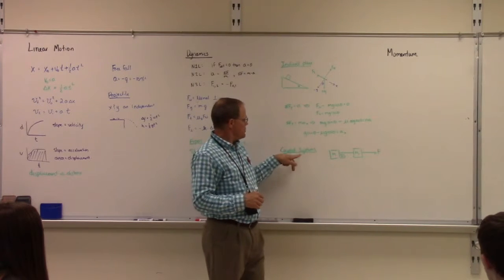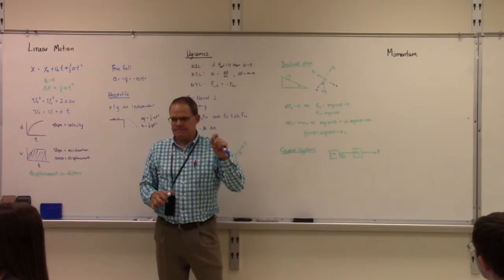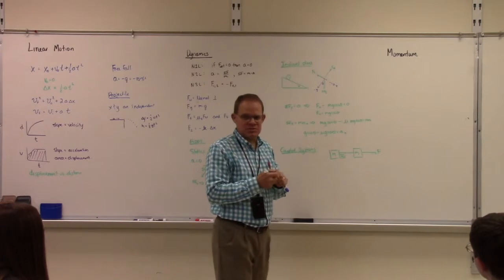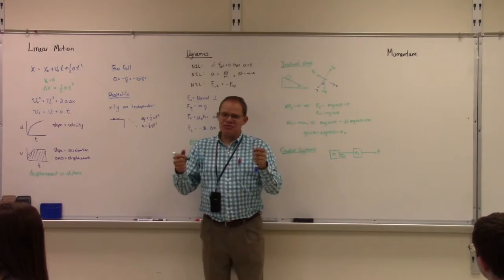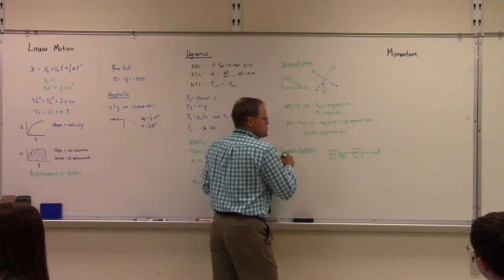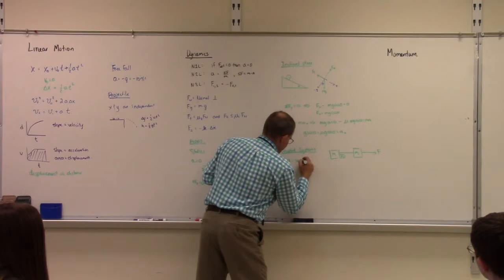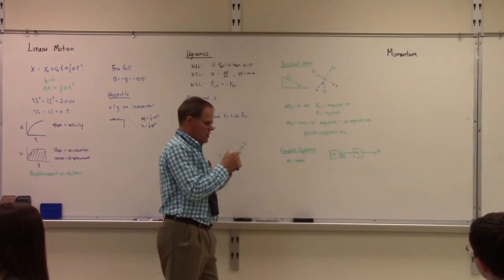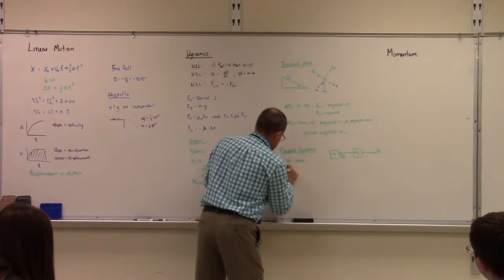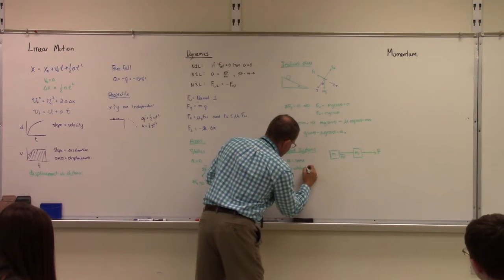Well, if it's a coupled system, there's something important that is the same for everything. What is it? The acceleration. The acceleration is always the same for coupled systems. If the acceleration is not the same, it's not a coupled system. All right? So, to solve this problem, remember that A is the same for every component. So what you're going to do is look at the whole system. So the general strategy is, one, for the whole system,